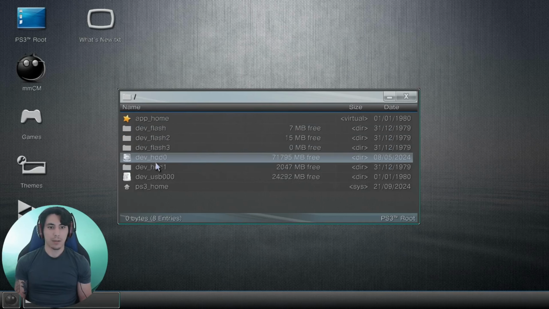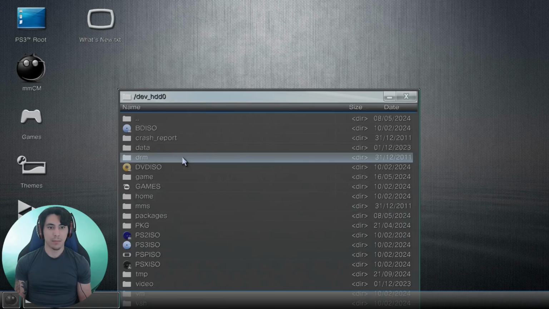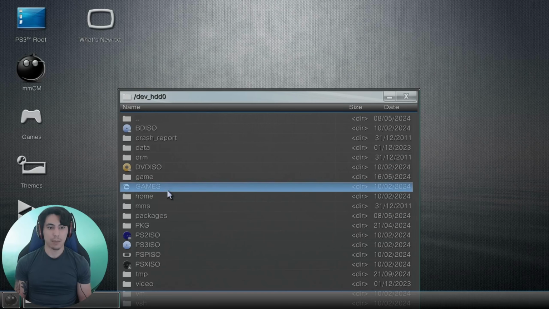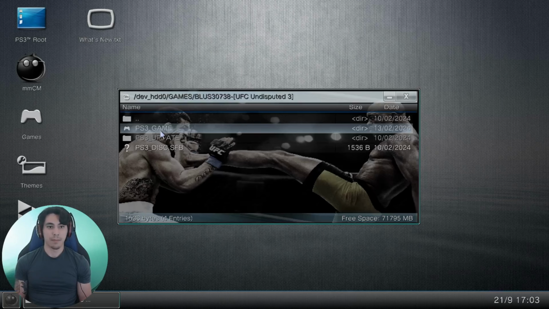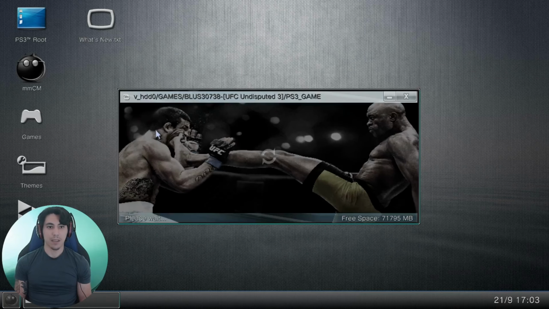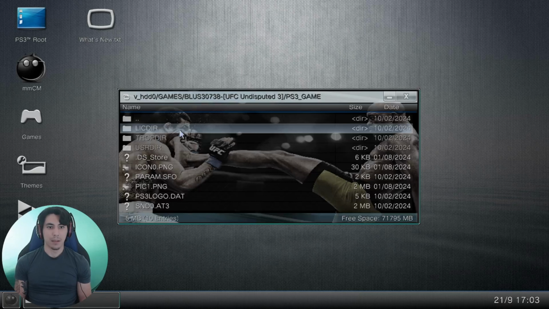And now you want to go into dev HDD0. Okay. Go into your games folder. Depending on which region you are, this is where you'll see it'll have either 30738 if you're in the US. If you're in a different region, it'll have a different number. But you click here, go into where it says PS3 game, and then once you're here,